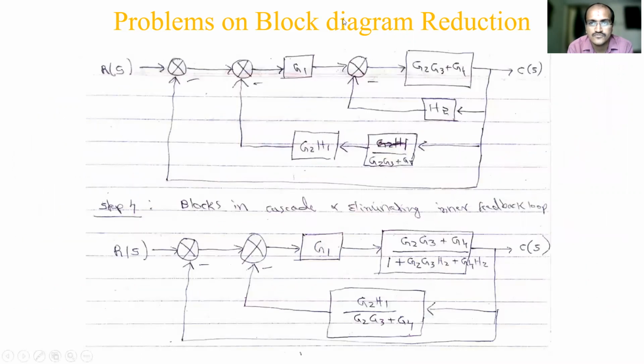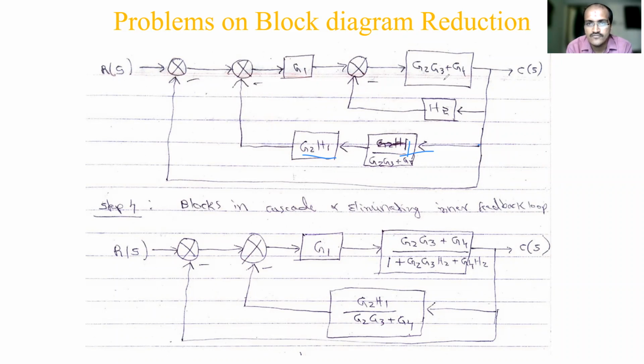This is what is shown here. The takeoff point is moved here, and here I have written 1 divided by the previous block. One more I did directly; already one function was there, but to show you one more step so it is not confusing, I have written 1. This numerator part is 1 divided by this complete value, which becomes the reciprocal of G2, G3 plus G4.